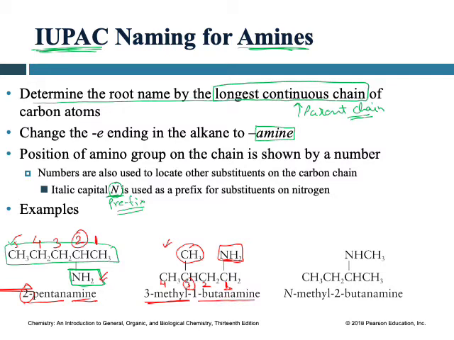Even if you don't write 1, it's okay, because if you don't write any number, we assume that the functional group is present on the first carbon. So this is 3-methyl-1-butanamine. This is the ending word, amine. Right. Let's do the